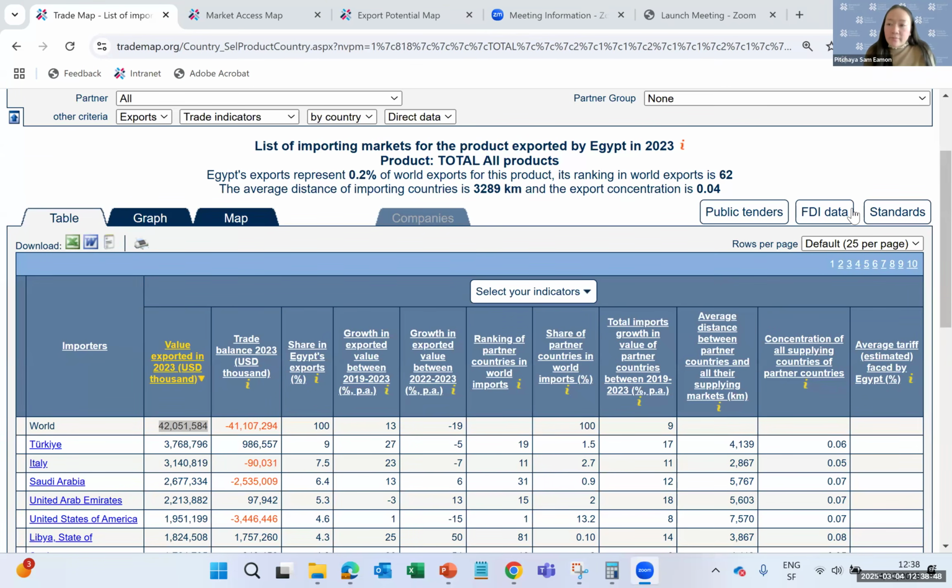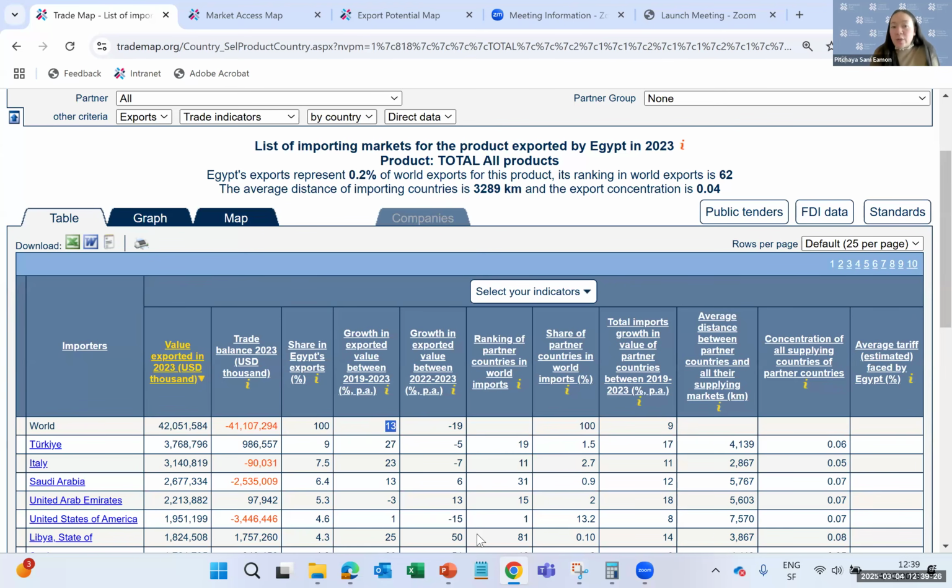Now, as you can see here, this is by country. So by Egypt's trading partner, you see that overall Egypt export growth in 2019 to 2023 is at negative 19. Sorry, my apology, positive 13%. So this is growth in export value between 5 years. And the next one is between 2 years, 2022, 2023. You will see that there's a clear fluctuation between 5 years and 2 years that warrant further investigation in terms